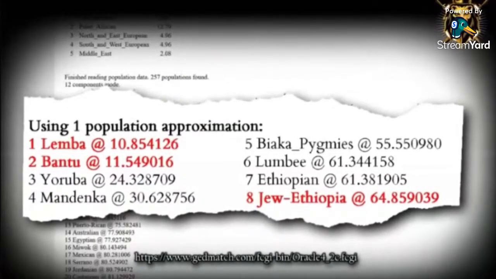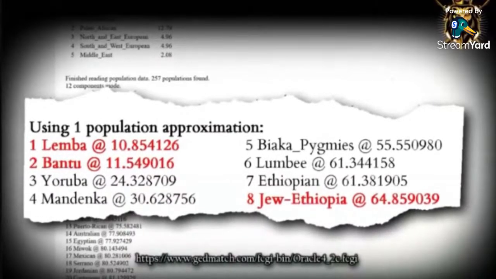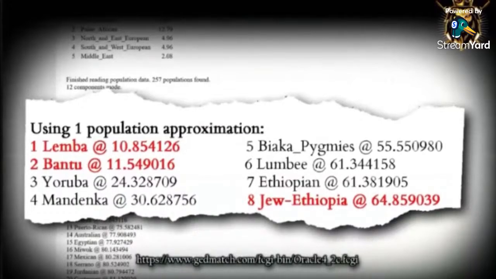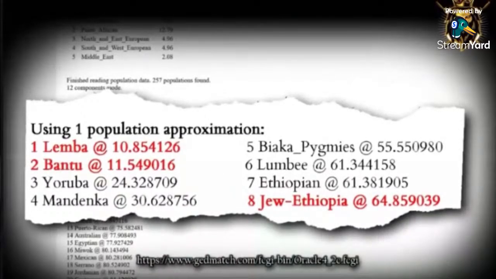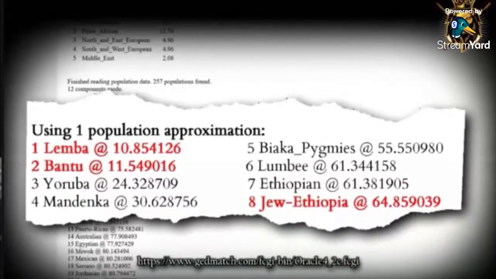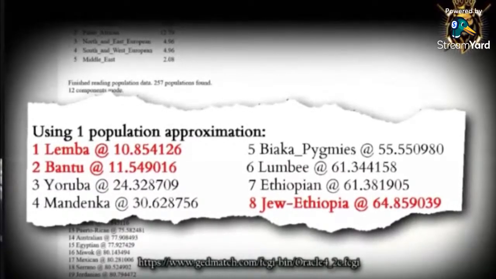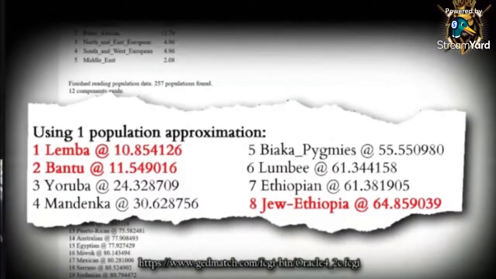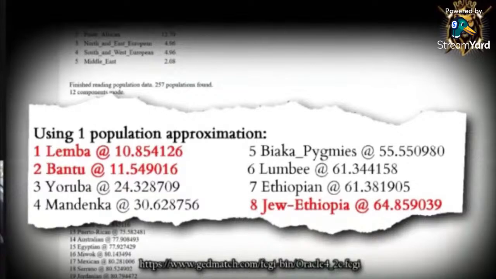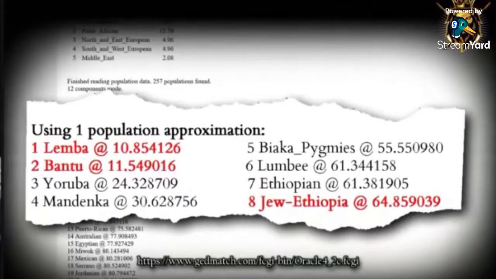Let's get into that. I want to ask that we all pay attention to these distance figures, as in a little while I'm going to show a chart comparing different figures. But I'll also ask that you, the viewer, make mental notes along the way. So for example, with Dr. Kelly, you'll notice that the distance figure for his Lemba hit is 10.85, slightly under 11. And the distance for his Ethiopian Jewish hit is 64.86, slightly under 65.